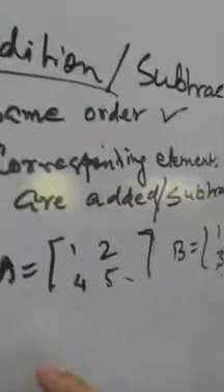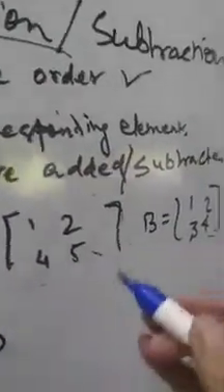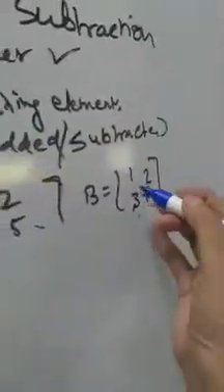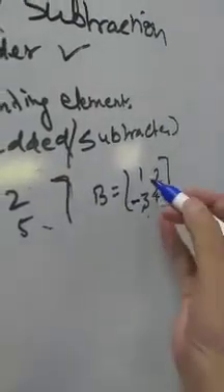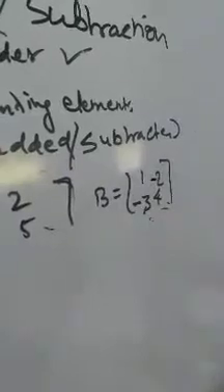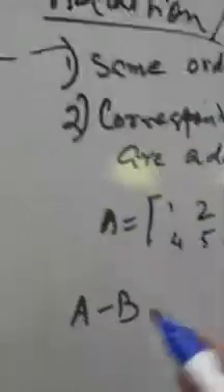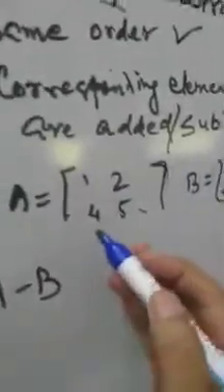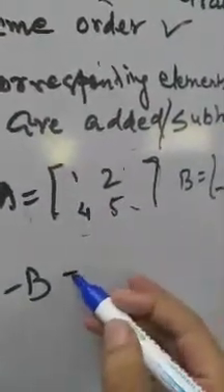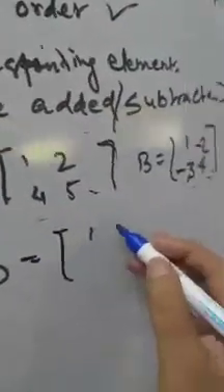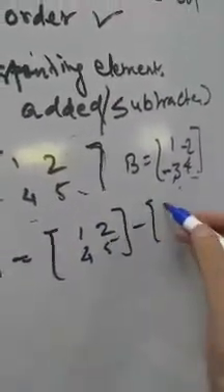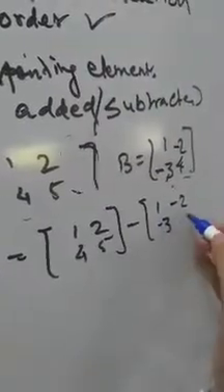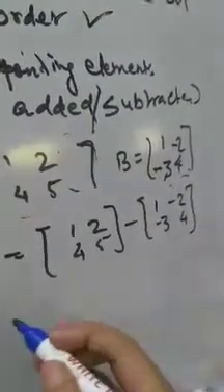So if I have to write A minus B, now I am doing little change in B for your better understanding. Only this one I am making minus 3 and this one I am making minus 2, so that you can understand clearly. So A minus B possible because it is 2 by 2 matrix and this is also 2 by 2 matrix. Now A minus B will be 1, 2, 4, 5 minus B is 1 minus 2 minus 3, 4. Now let us subtract.